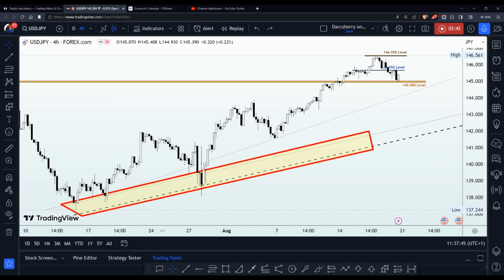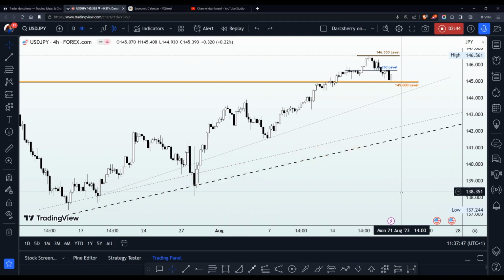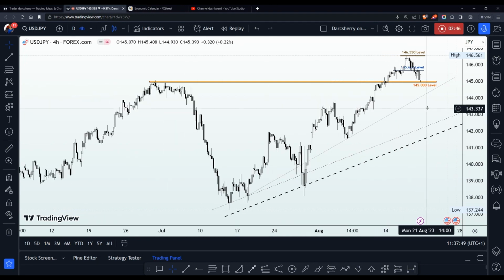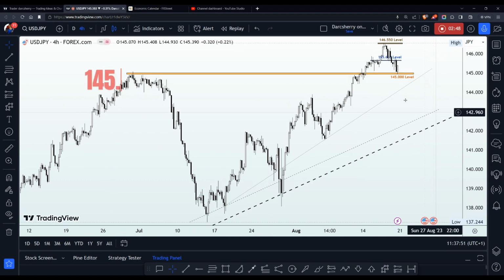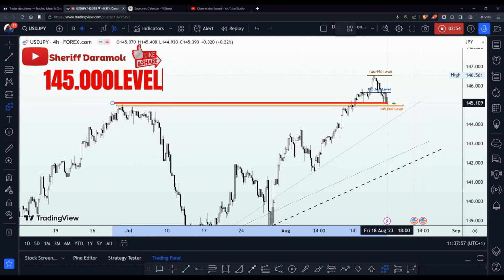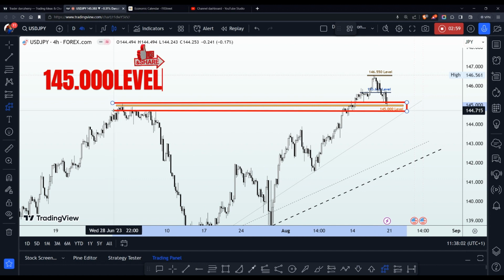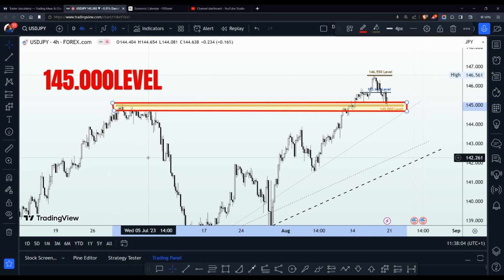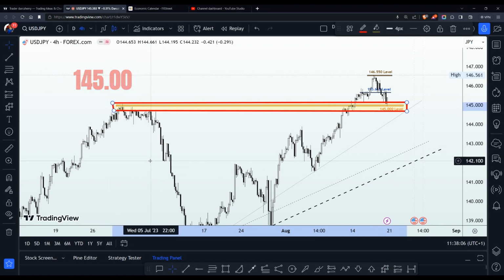Now, besides the trend lines are a couple of levels. Remember last week we had the key level situated at the 145.00 area, and I went further to explain how important this level has been, from both fundamental and technical perspectives. Now, from the fundamental aspect, the 145.00 level was a key zone last year, September and